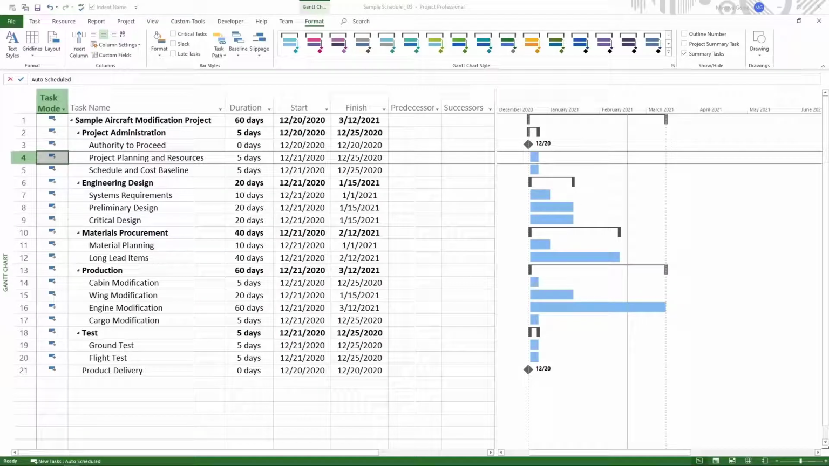In this lesson, we will learn how to add predecessors and how to link tasks in Microsoft Project. This should work for all versions starting from Microsoft Project 2013 all the way to the most current versions of